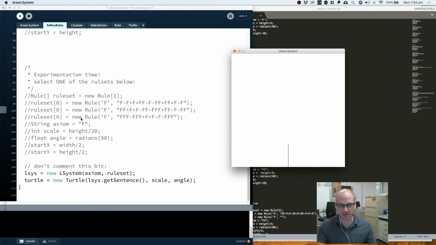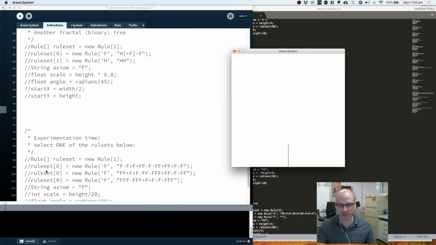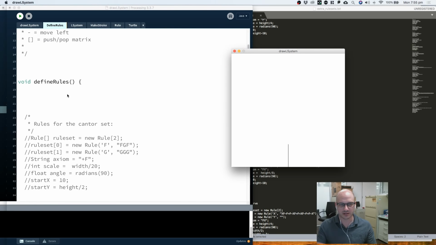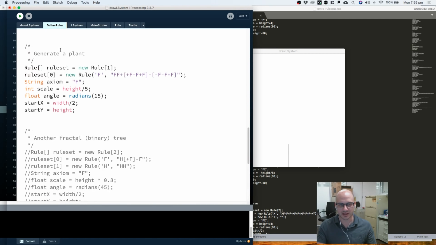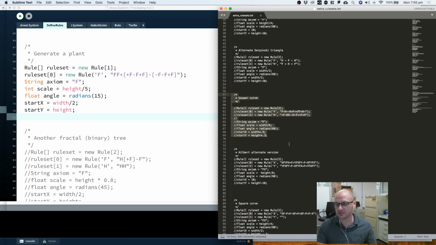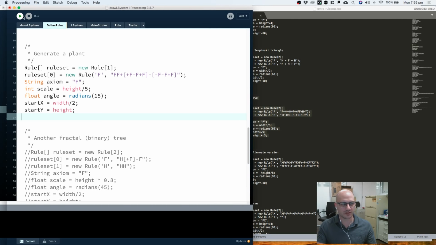And we're also going to make sure that we don't comment out this bit here. We're just going to put it somewhere in between this starting bracket and this closing bracket on the Define Rules tab. Sorry, I didn't make that clear earlier. So I'm on the Define Rules tab, and I can just add in from this list here. I can just take one of this whole paragraph here, and when I run this,